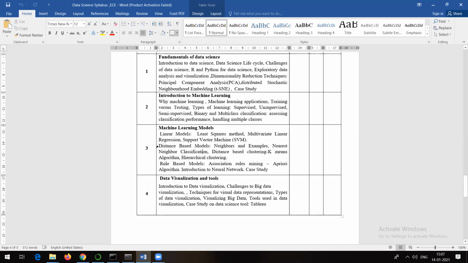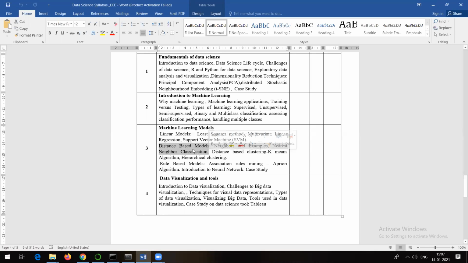So we want to start with this topic, distance based models, right? And then maybe in coming sessions we'll be talking about neighbors, nearest neighbor classification. Here we'll be talking about one algorithm, that is the KNN algorithm, K nearest neighbor algorithm.